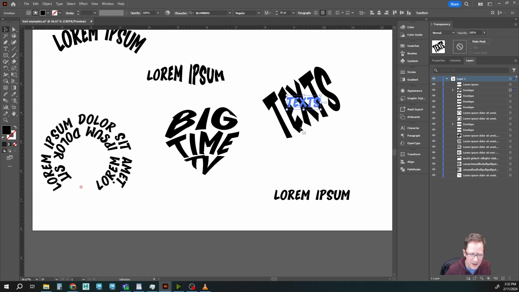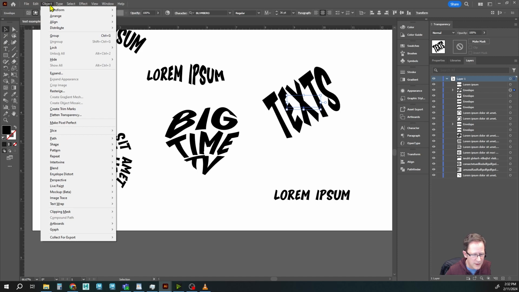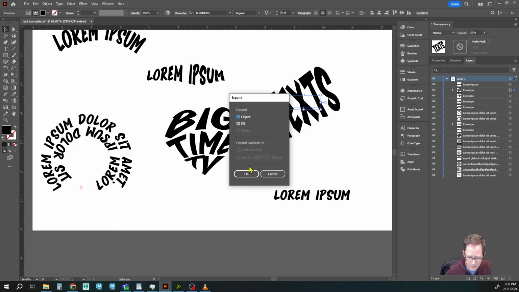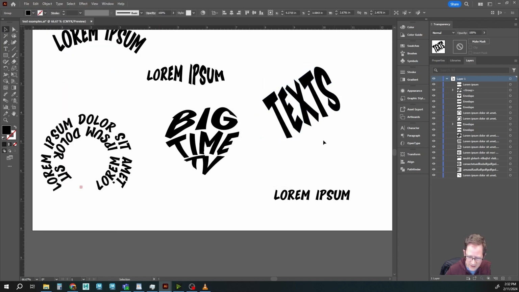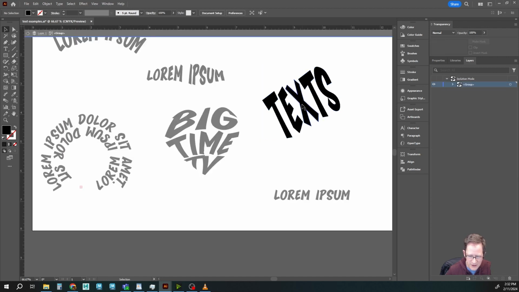Of course, we can go back in here and select the object. We can then expand it, and it's no longer text. Now it's just a path. Ungroup it and go in here. If we double click on this, we'll get into isolation mode, and you can see it's very different, and now